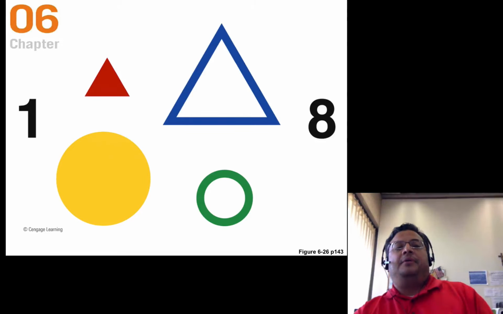So the theory goes, as you're looking at this very quickly, you're breaking it down into its constituent components. So you're breaking this into big yellow circle, small red triangle, large blue triangle, or hollow, I guess. I guess the fourth dimension would be open or closed, whether it's an open triangle or a closed triangle. And this would be a small open green circle. So you have those four dimensions that you're breaking things down into. And the task was to report